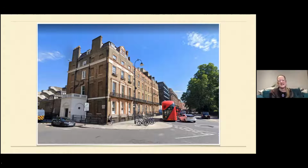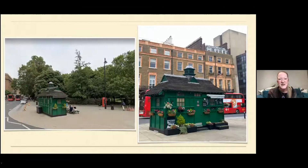One other lovely, interesting thing that I can show you before I move on and hand over to Rachel. This unusual little structure that sits in the corner opposite the old Faber and Faber building, this is a cabmen's shelter. And there aren't very many of these left in London. They started building them in 1875, essentially because our Hackney carriage drivers weren't really meant to take refuge in the pub. If you were sitting in the pub to warm up of an evening, then you were probably having a drink. And it wasn't very safe for our taxi drivers to be having a drink and then